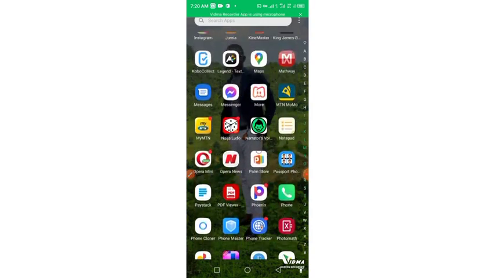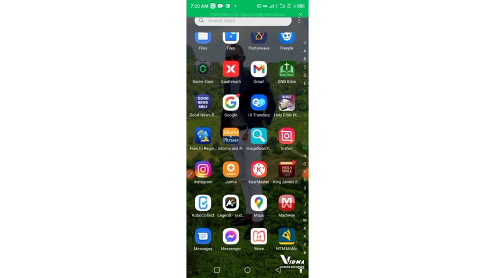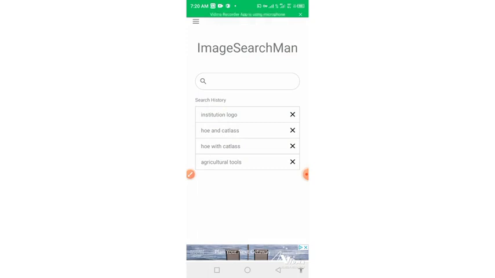So the only thing we are going to do is launch this search icon, as we call it, image search. Let's say an institution asks you to design a logo for them, and you have to think of how to come by this logo. This is not the time for you to start everything from scratch. Someone will say there's nothing new in this world. So when I come to my image search, I will log onto it and type